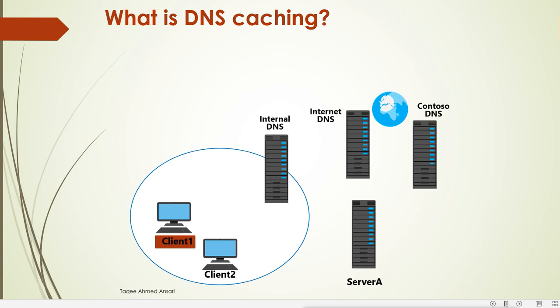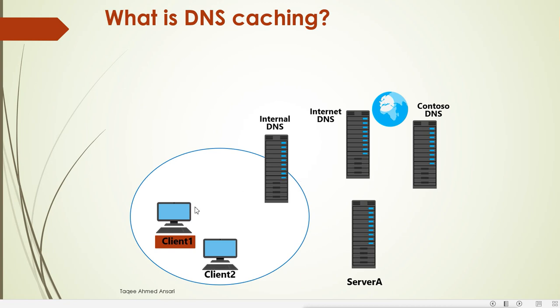So first your system checks the cache, then goes to the host file, and then to the DNS server. If it is in the cache, it will use it, and if it is not in the cache, it will go to the host file and then the DNS server. The DNS server does the same thing. Our DNS server will also do caching. That means it will cache all the records it has resolved, so that when another client wants the same record, it will give the record from the cache.